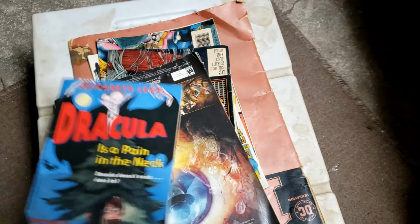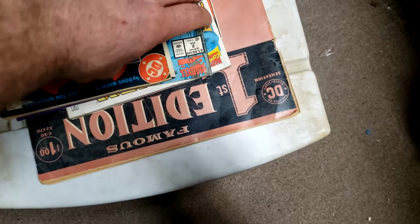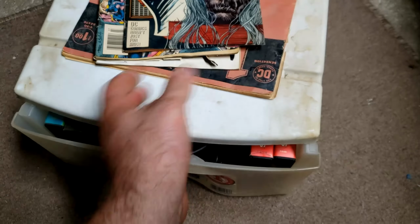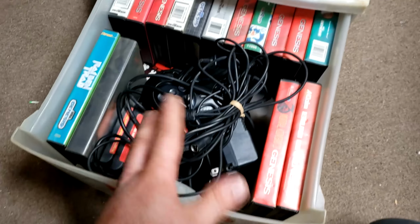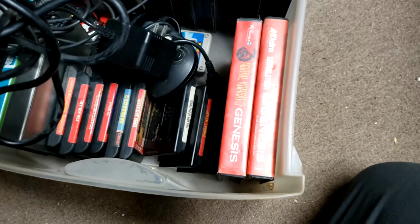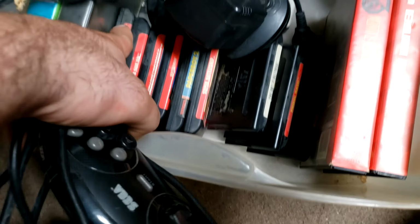It's got some pretty neat stuff like a Batman comic, Black Wolf comic, X-Men comic, a reprint of Wonder Woman #1. But the real prize, and those are awesomely cool too, is it's full of Genesis stuff. This is actually pretty amazing. A bunch of games. They all got this gross residue on it, so